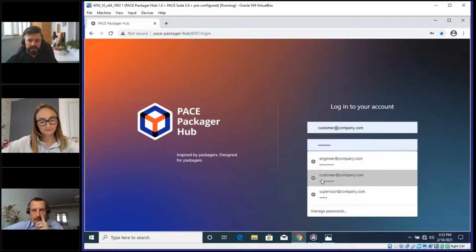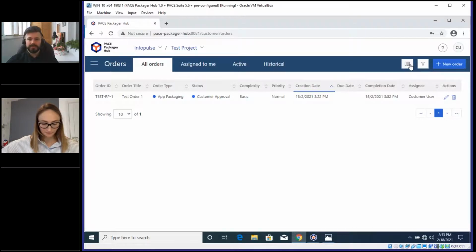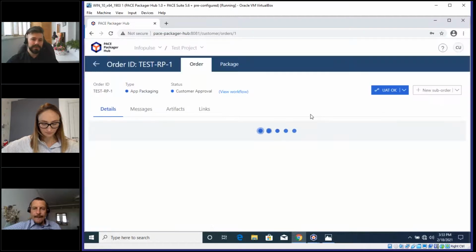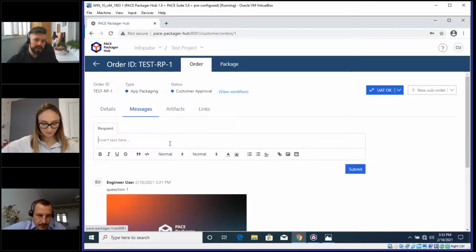And sign in as customer. Again, the project is already selected. Identically, we can use filters and column configuration to find the necessary order. In our case, it's the order in the customer approval status. And let's open this order to see it. Here we can review whether something was changed in the details. We can read messages from the engineer, and